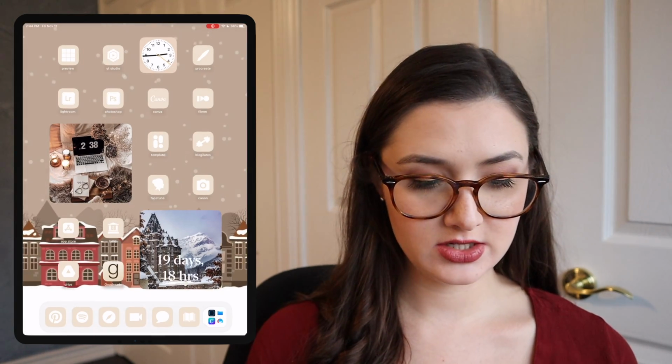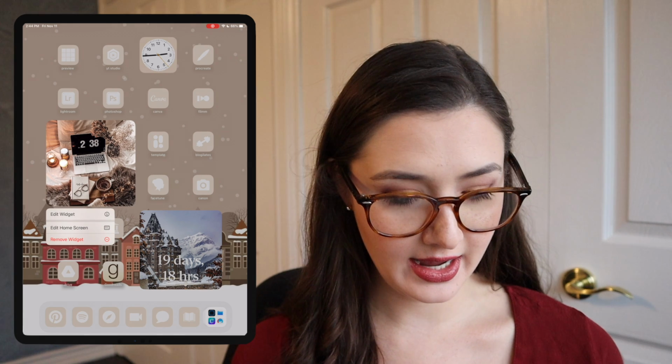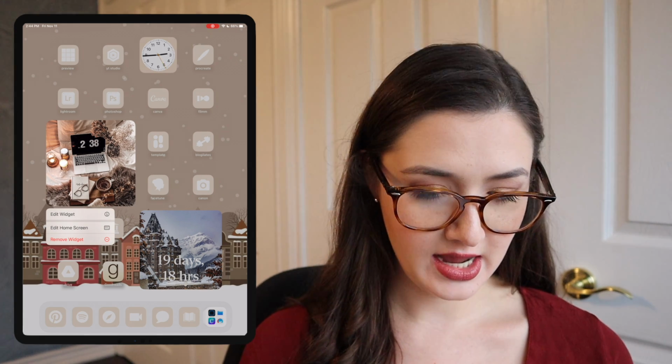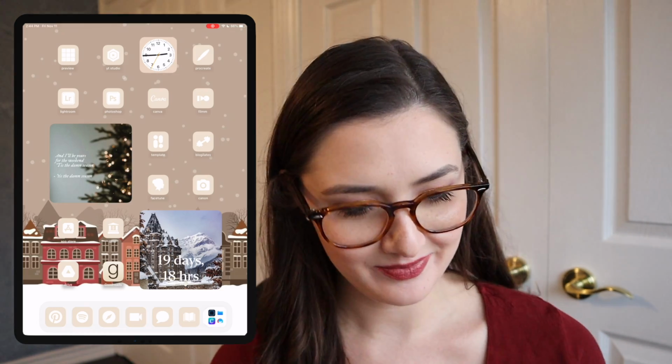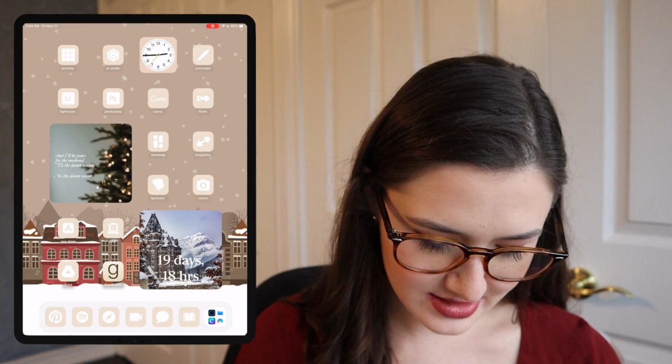So now I just need to hold down on the widget I already have and edit the widget and pick my newest one, which is large number 17. It doesn't completely go. Neither does the Banff